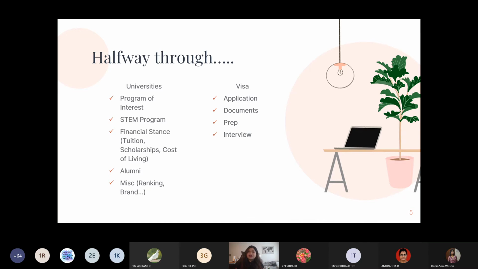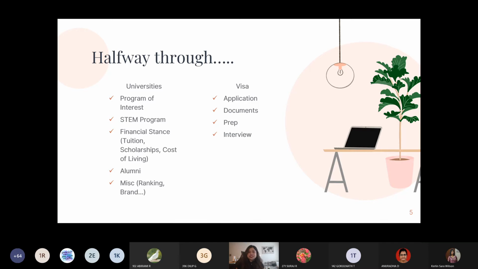And then the prep. You don't need a lot of prep, but it's always good to have a friend with you and just have them ask questions and you answering them. The usual questions are like, what's your name? What university are you going to? Why do you want to do this degree? What are you going to do after you graduate? These are the standard questions that they ask. They might ask for your financial statements. So going through that prep, practicing is going to help you a lot. Just be confident and nail that interview.